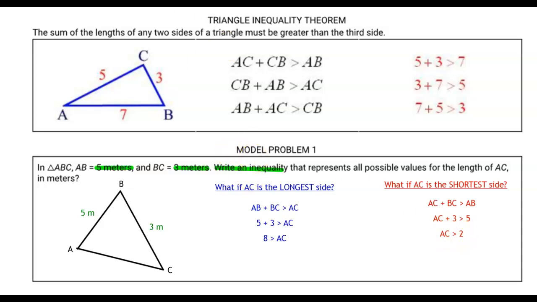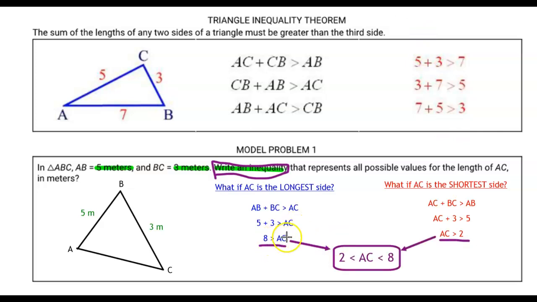The question asks us to write an inequality that represents all the possible values of AC. So now we have enough information to write this inequality. I know that AC has to be a number that's in between 8 and 2. So let's write a compound inequality just like you learned how to do in algebra. All right, since I know that AC has to be less than 8, and I also know that AC has to be greater than 2, I could say AC is a number between 2 and 8. This is what it's asking for, write an inequality that represents all possible values for the length of